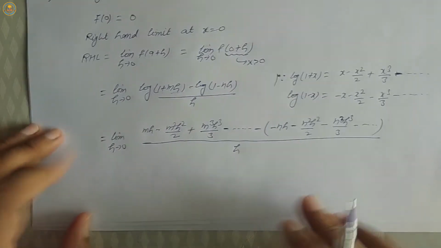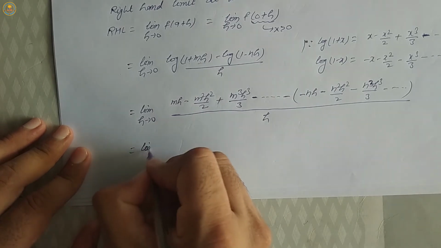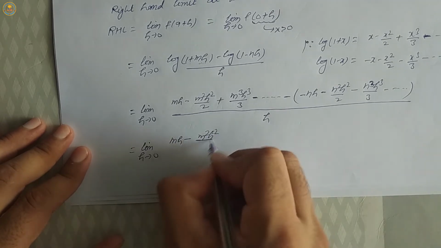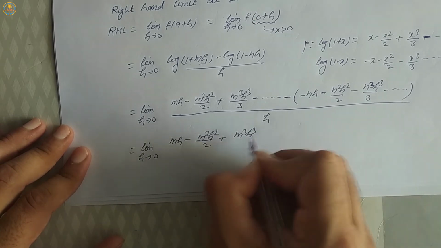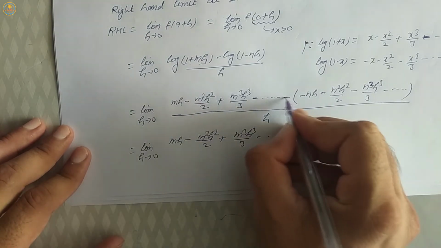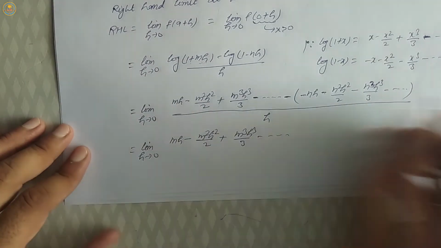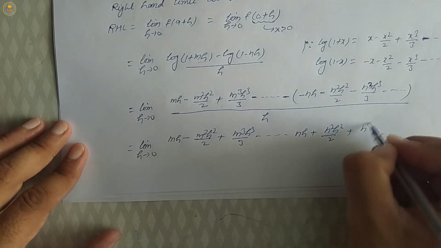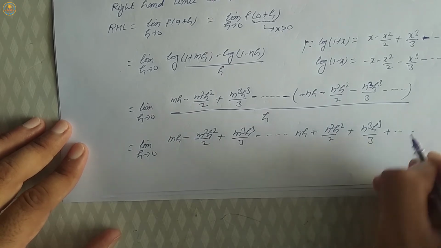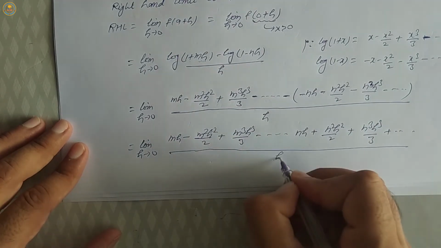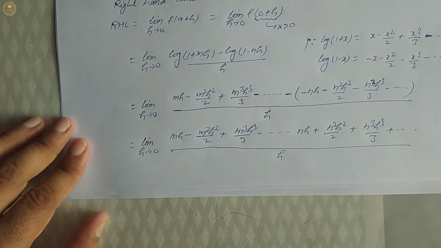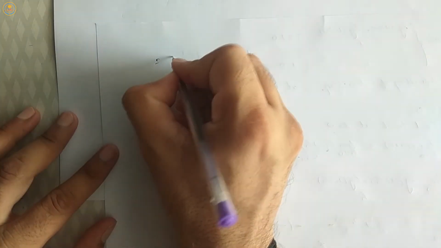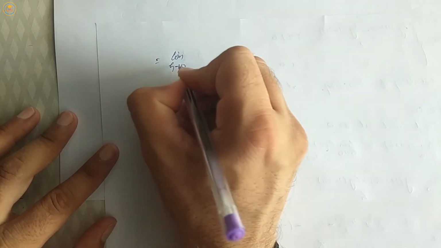by h. Limit h tends to 0, mh minus m square h square by 2 plus m cube h cube by 3 minus and so on, minus the bracket of minus nh minus n square h square by 2 minus n cube h cube by 3 and so on, by h. Okay, taking h common, limit h tends to 0,